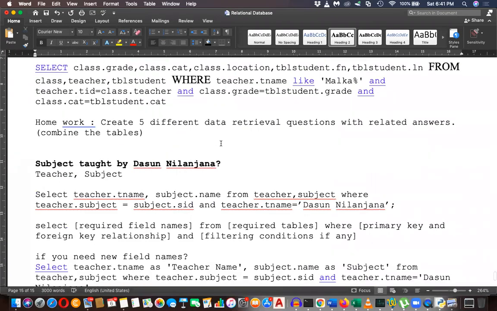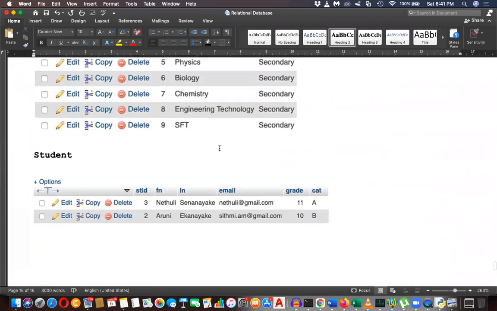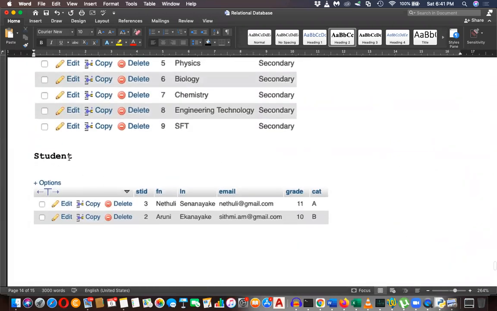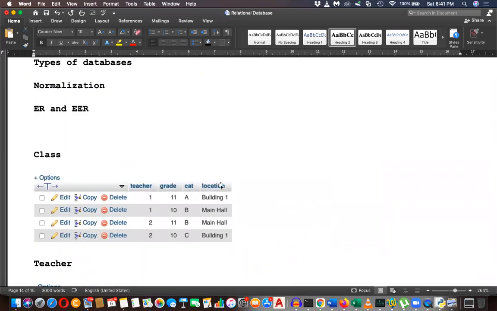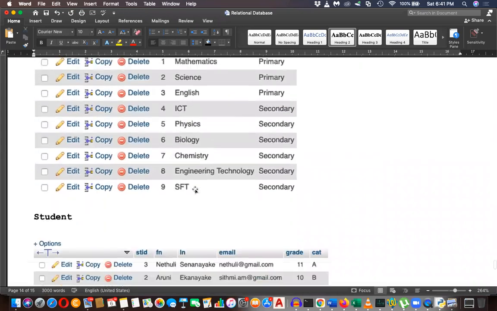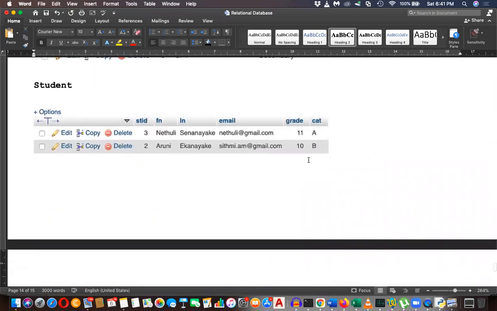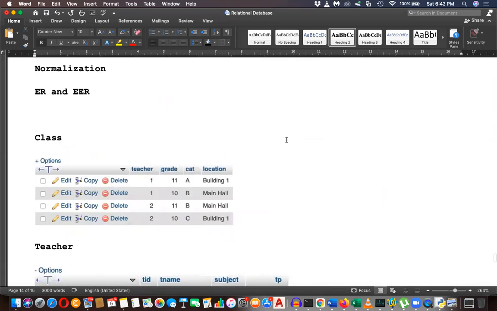Then how to relate this? You know the primary key of this table is grade and category both, and grade and category both are there in the student table as the foreign key. So you can use that grade and category.